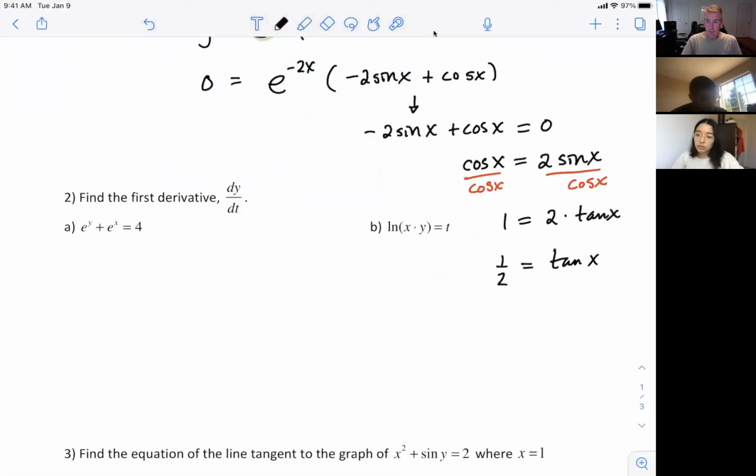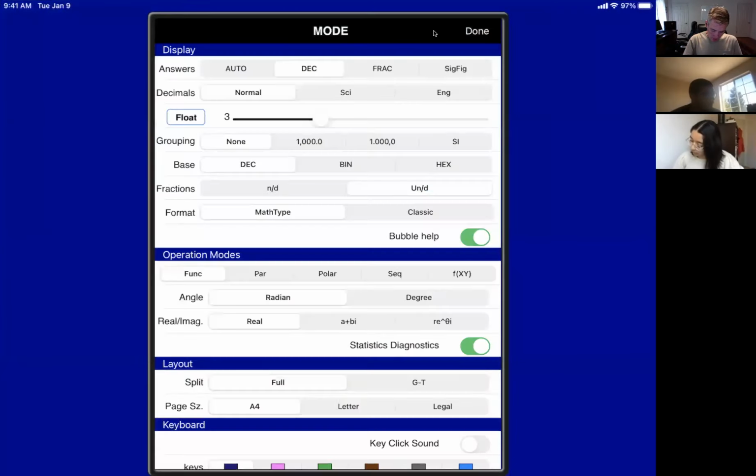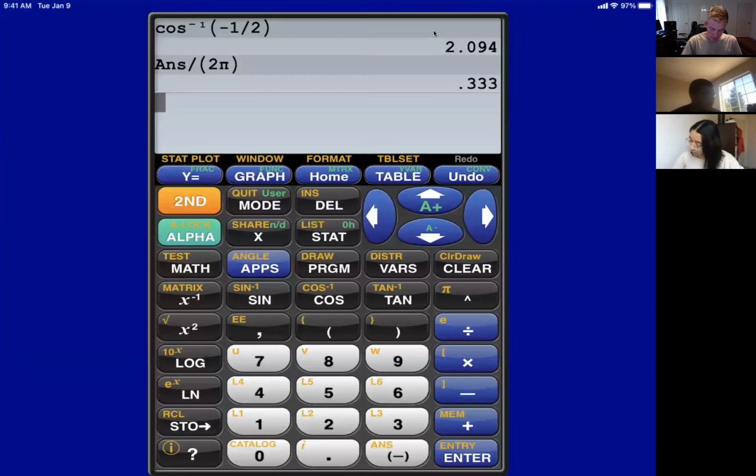So it says, when does tangent equal a half? So for that, use tangent inverse. Let me make sure this is in radians. Yep, it is in radians. And then tangent inverse of a half,